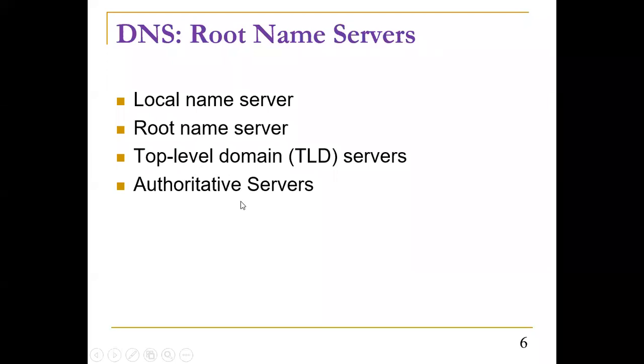And next comes the authoritative server. The authoritative server is the main one. These are the main servers which actually give the names to the top level domain. They help you divide the names based on the kind of organization or what kind of service it is. Authoritative is also called the main level, the root server, which is the main control. There are no other servers beyond this. So if none of the names are available in the local server or root, it will be available in the authoritative.